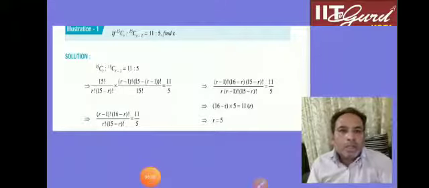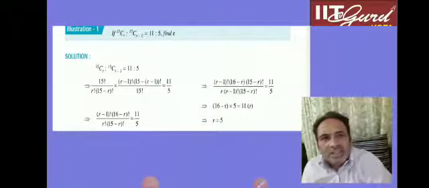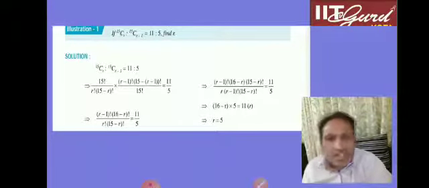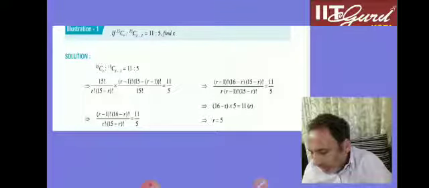Okay. Illustration number 1. The problem here is a very simple problem. You have to use the nCr formula, nothing else. So the question is: